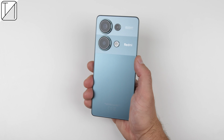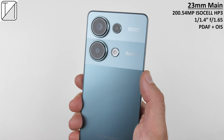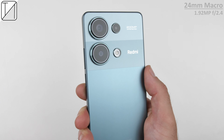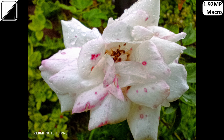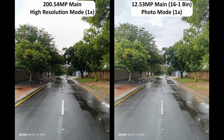All that's left now are those back cameras, and that's where the main value for money aspect comes into play. The triple camera setup consists of a large 1 inch sized 200 megapixel main camera with an aperture of f1.65, and it even supports optical image stabilization, an 8 megapixel ultra wide camera, and a 2 megapixel macro sensor. The macro sensor produces decent shots, but not the best I've seen. The ultra wide results in surprisingly good photos, but the main camera is where things shine,